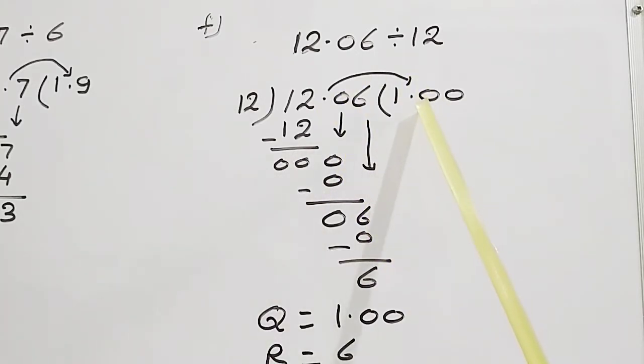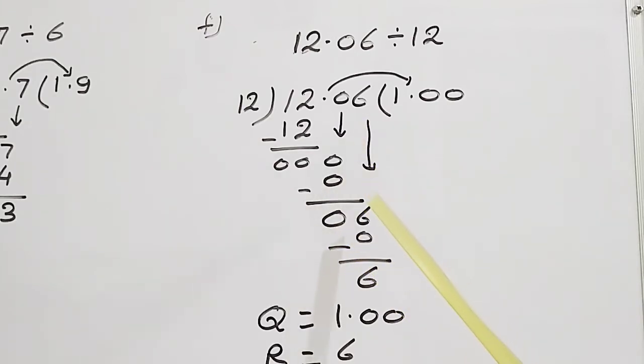After the decimal shift, we will take one digit at a time. So the first digit is 0. We brought 0 down. Because we have written 0 down, it is necessary to divide 0. Although 0 is smaller than 12, since it has been written down, it is necessary to divide. 12 zeros are 0.